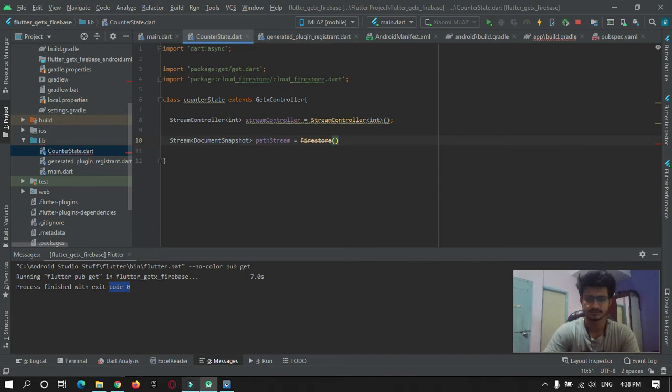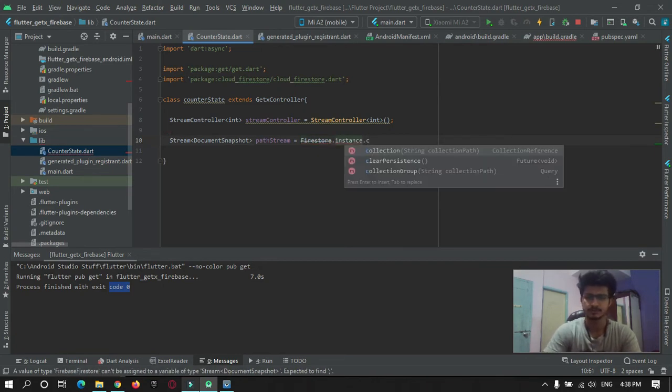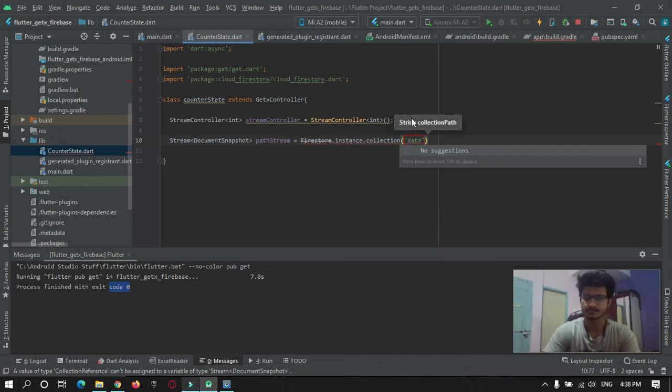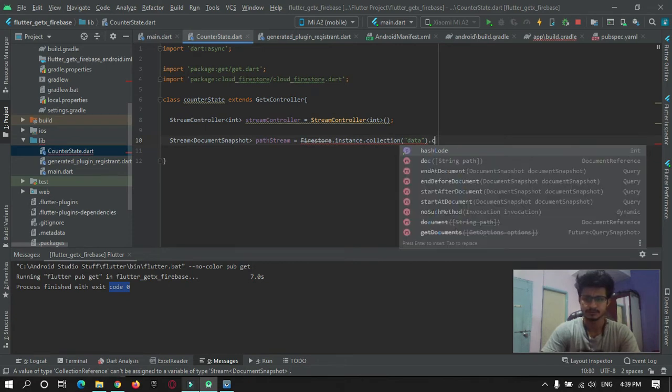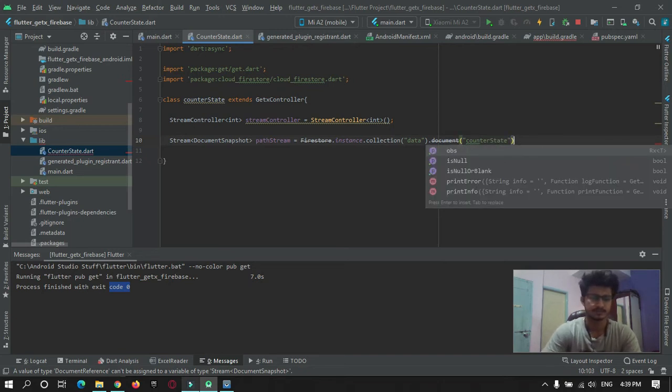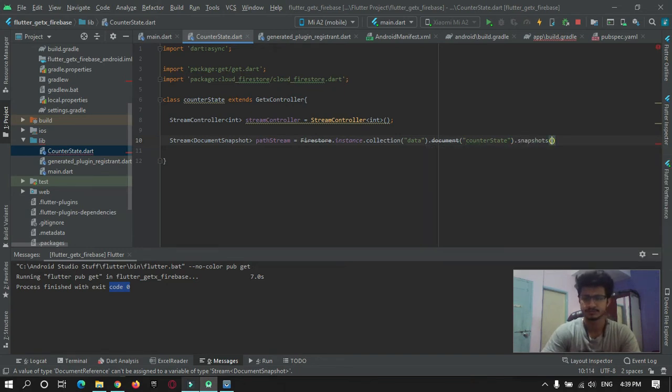Firestore instance, but it was Firebase instance dot collection, which we will give as data, dot document, and the document name is counter state, dot snapshots.